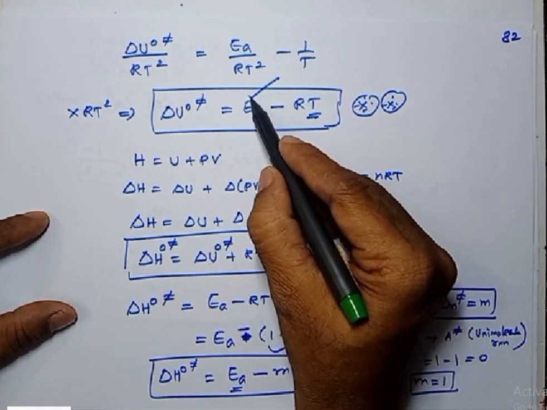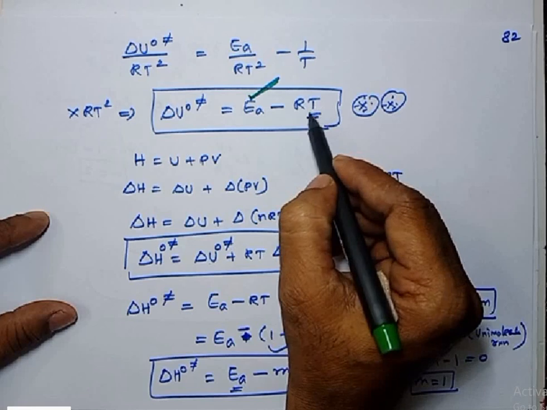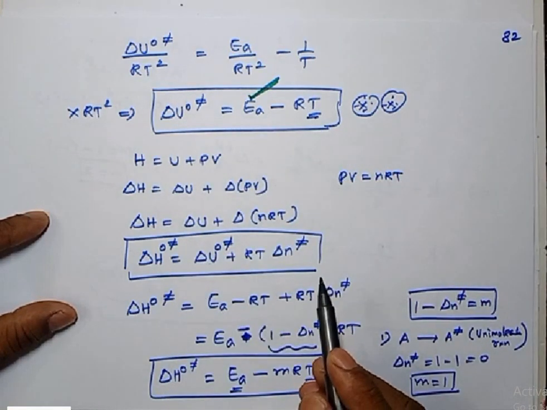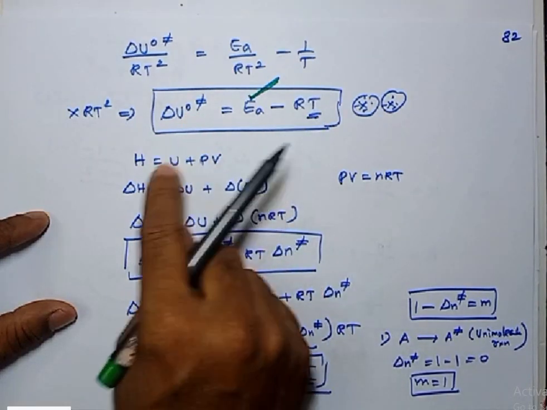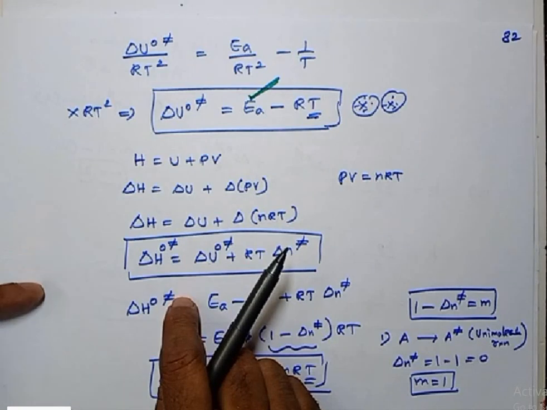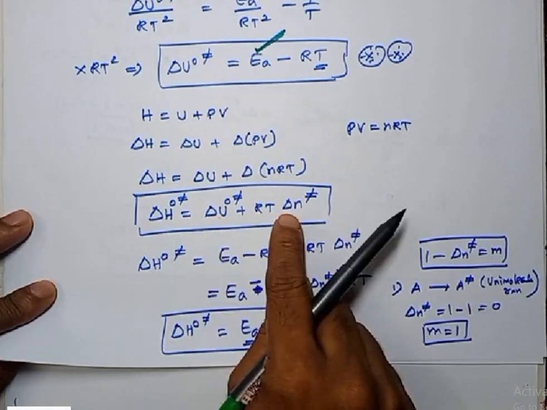So if you know the experimental activation energy, and you subtract R into T, you will get what is called delta U naught double dagger. From this, you can also calculate delta H naught double dagger by making use of this relation. So we get delta H naught double dagger equal to delta U naught double dagger plus RT into delta